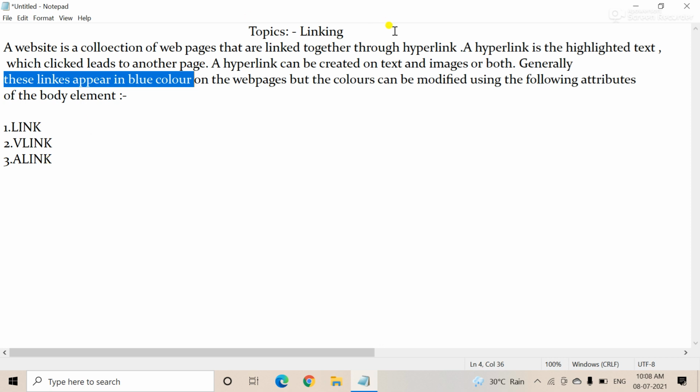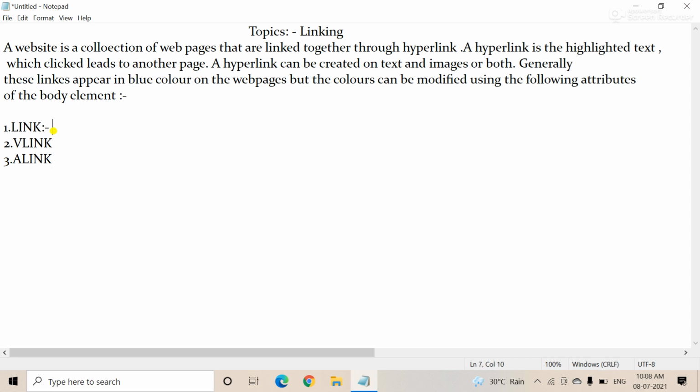So what is link? This is the color of the link which has not yet been clicked even once by the web page visitor. The default color of the link attribute is blue. It is a very important thing for all of you to know, because sometimes short questions come.